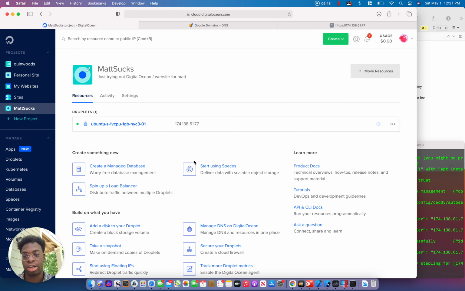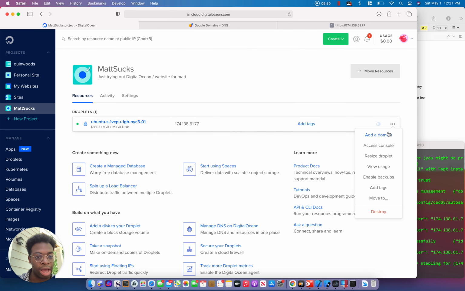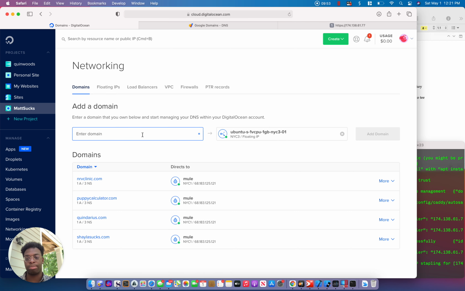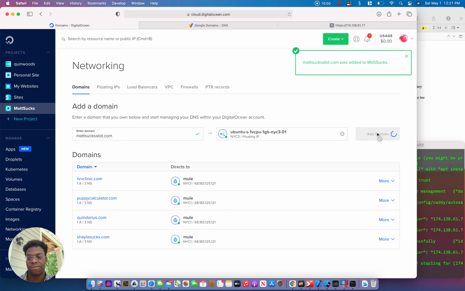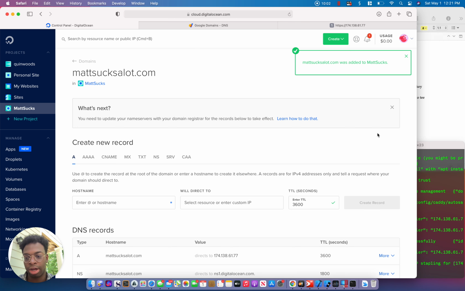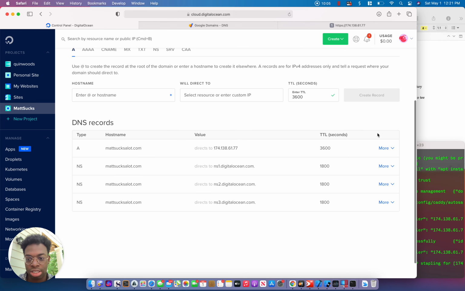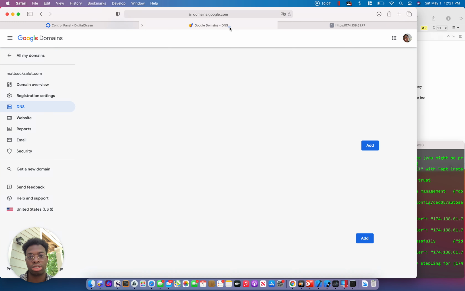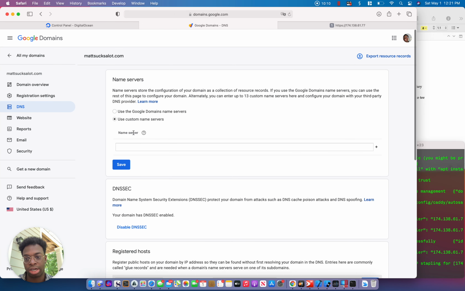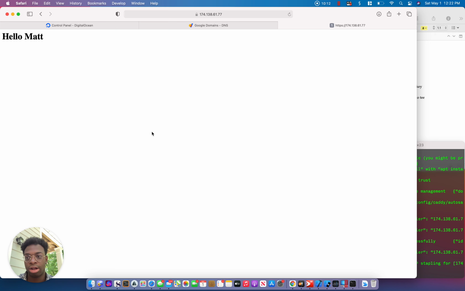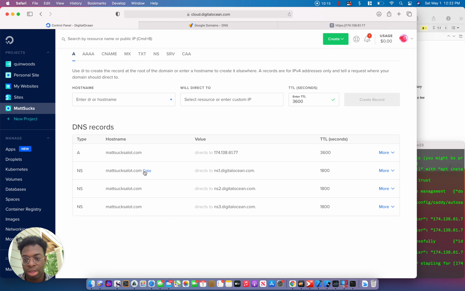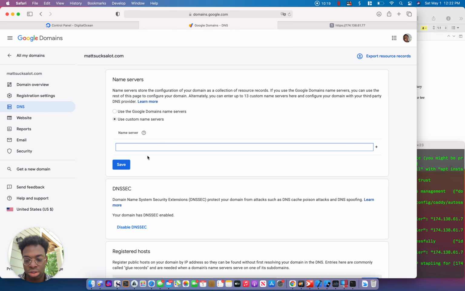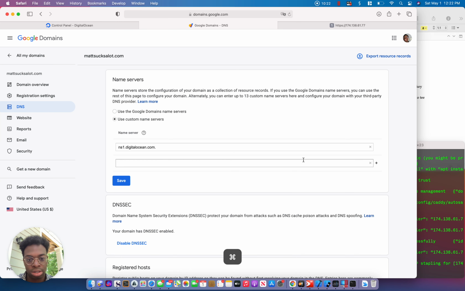And then you're going to go here to the DigitalOcean, and you're going to add the domain to your computer. So messsucks.com, and you're gonna add that domain. All right. So, and then now we need to go to the Google Domains. At the very top of it, we need to use our custom name servers right here. Not that. And we're gonna copy this. Boom. 1, 2,